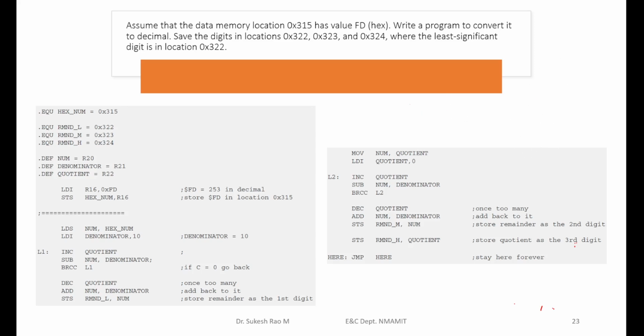Look at this code once. I'm going to perform this here. If you look at this code, here is a number that is to be converted, FD. FD is a number we wanted to convert to decimal. So how do they do it? You look at this here, 10 is loaded. 10 means 0x0a. 0x0a is actually 10. That is loaded to denominator. So this part of the code here is actually doing the division, this part over here, first set of